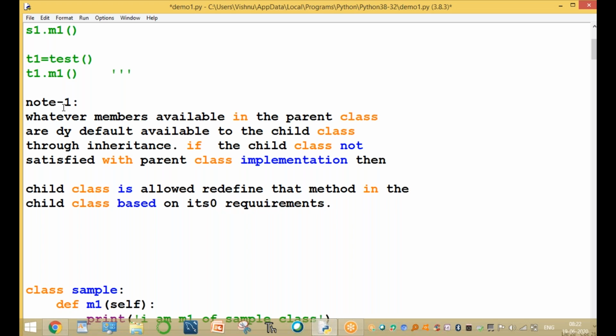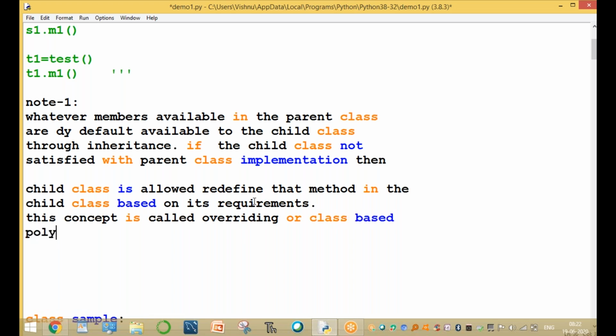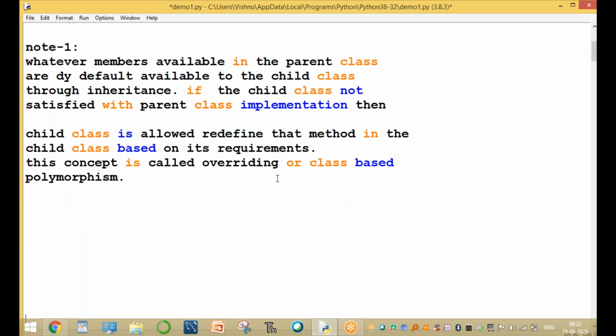This concept is called overriding, or in our terminology, class based polymorphism. That means the same method is available in both classes. It is called polymorphism. Clear? Class based overriding or class based polymorphism.